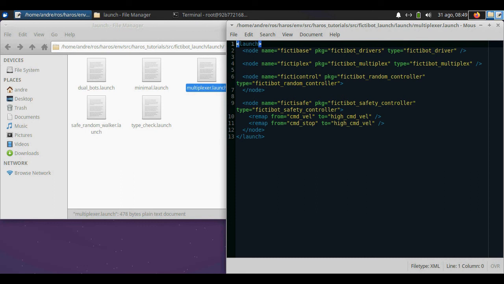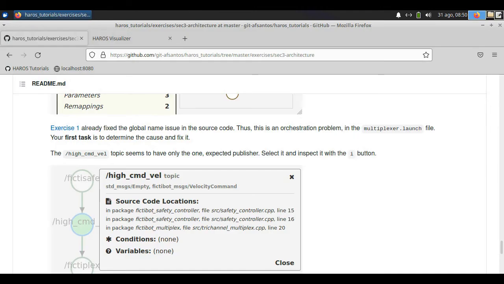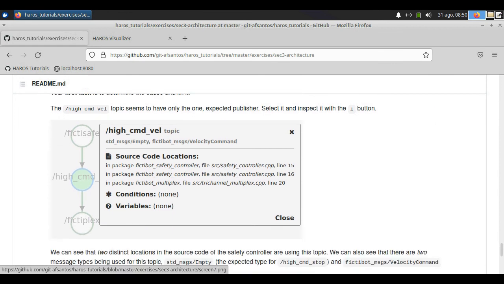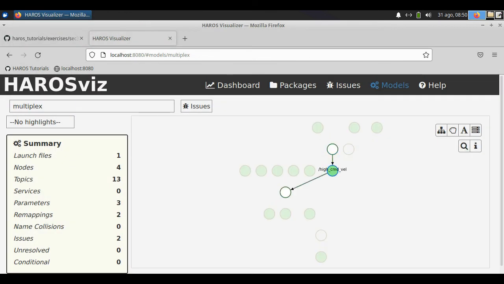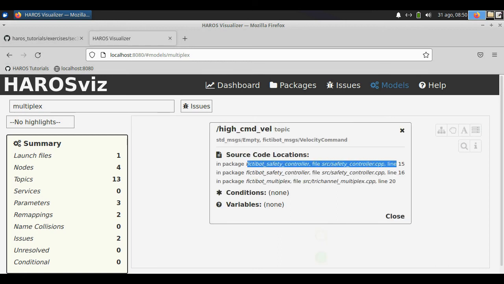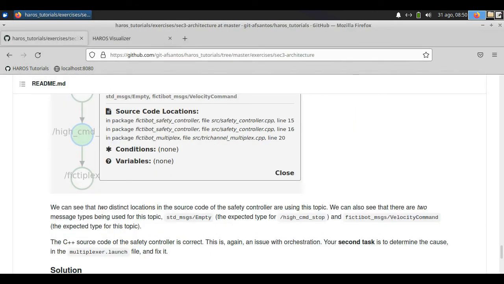Indeed, we can find here a declaration of the random controller node, but it is missing the remapping that it is supposed to have to redirect the publisher into the subscriber of the multiplexer. There's another topic with multiple publishers, but this time, if we inspect the details of this topic, we can see that it has multiple locations in the source code and also multiple message types.